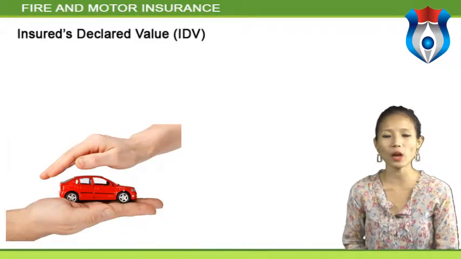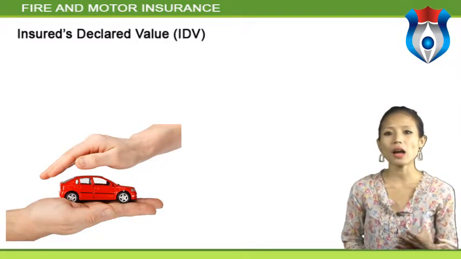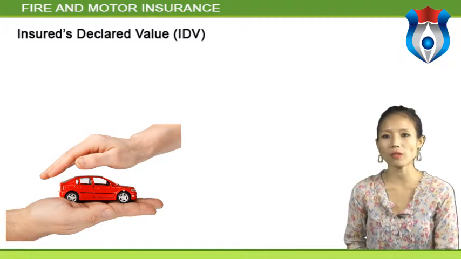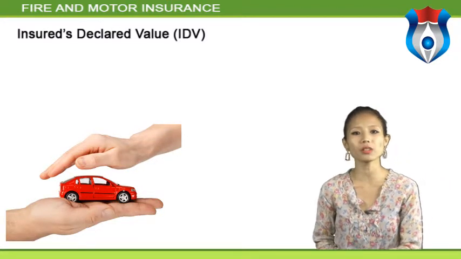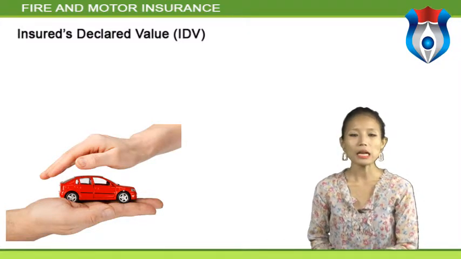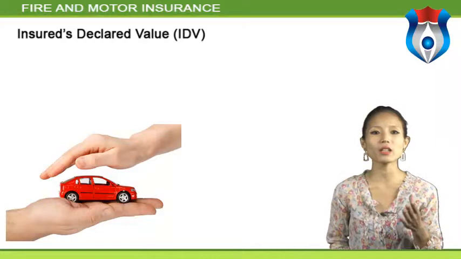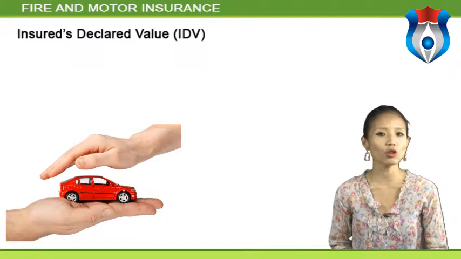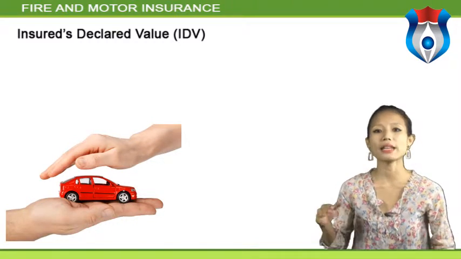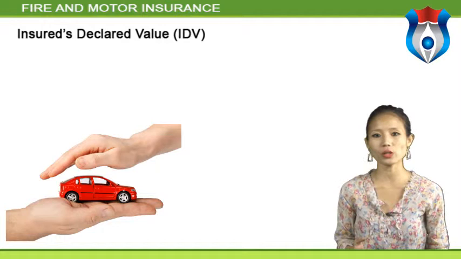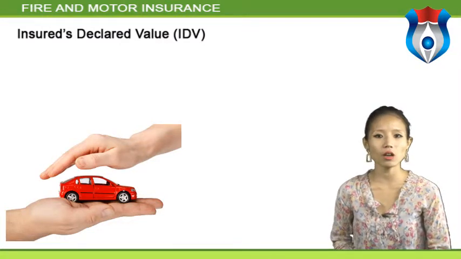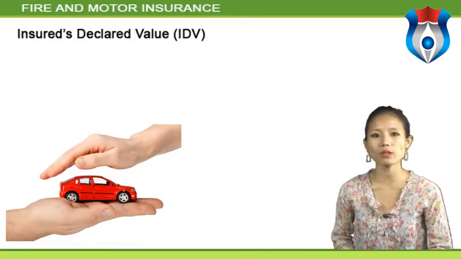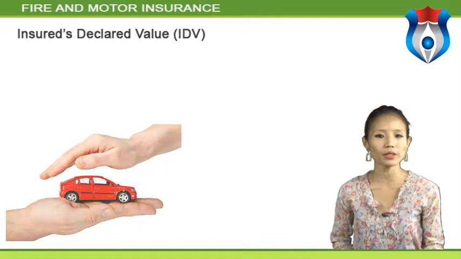Insured Declared Value, IDV. The insured declared value, IDV, of the vehicle will be deemed to be the sum insured for the purpose of this tariff, and it will be fixed at the commencement of each policy period for each insured vehicle. The IDV of the vehicle is to be fixed on the basis of the manufacturer's listed selling price of the brand and model as the vehicle proposed for insurance at the commencement of insurance or renewal, and adjusted for depreciation as per the schedule specified. The IDV of the sidecar and/or accessories, if any, fitted to the vehicle but not included in the manufacturer's listed selling price of the vehicle is also likewise to be fixed.